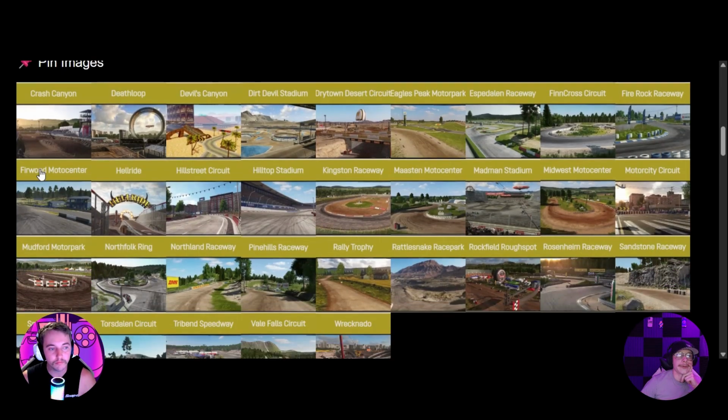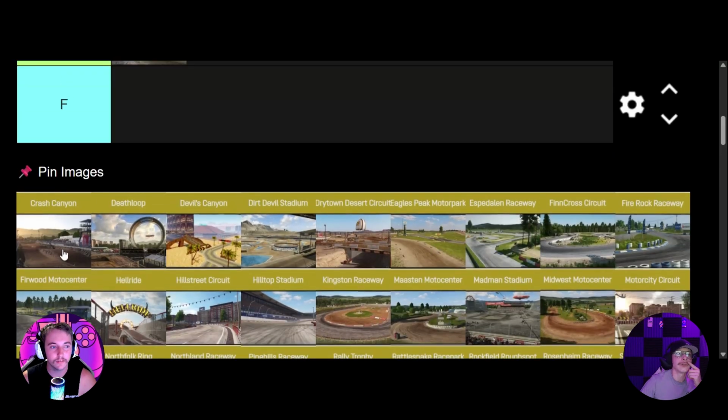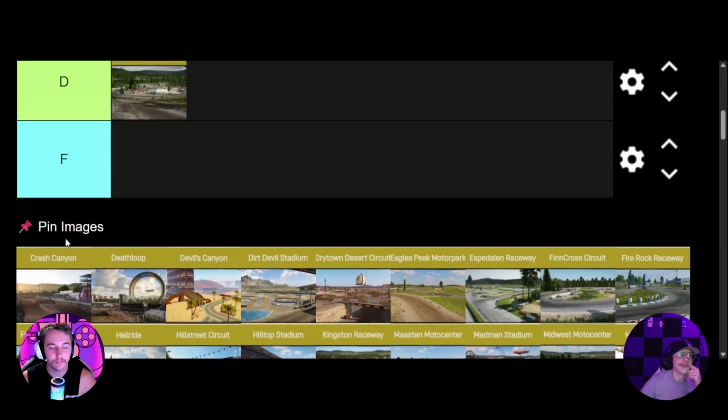Is this that map where the picture of it looks like a bone, with the two turnarounds and one in the middle, or am I thinking of a different one? No, that's it. Okay, I was scrolling down. I do like this map a lot. It's the OG wrecking map. Yeah, I'd say it's A tier for sure. You might even